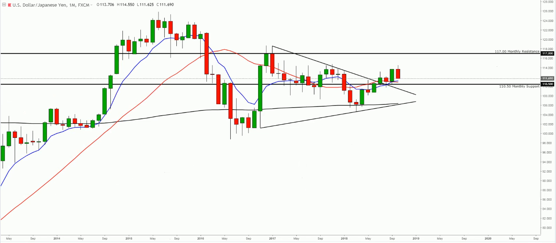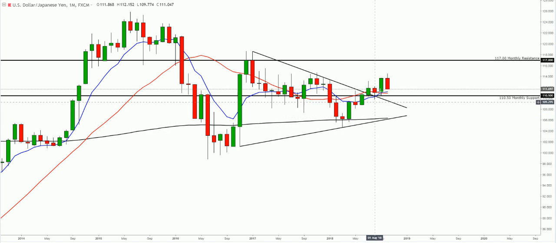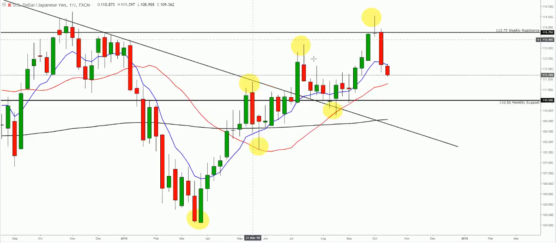So take a look at USD JPY, and after this bullish leg that we've been seeing, this is on the monthly time frame. Obviously, we're above the moving averages here. Last month closed very bullish, and this month we've pretty much already destroyed as much as 80% of the progress that was made during the month of September. We do look like price wants to come back down to retest these moving averages here and potentially the 110.50